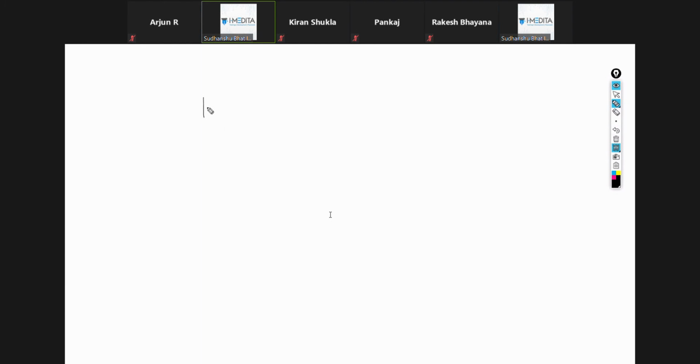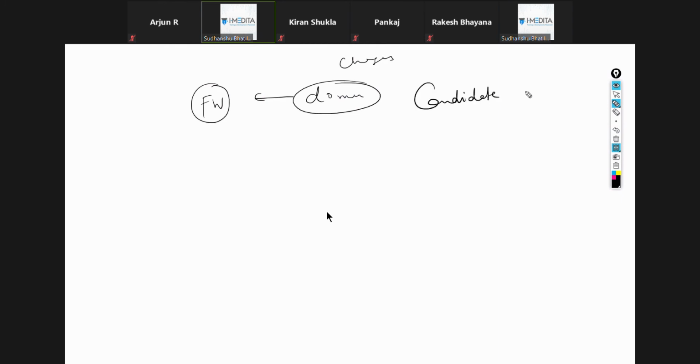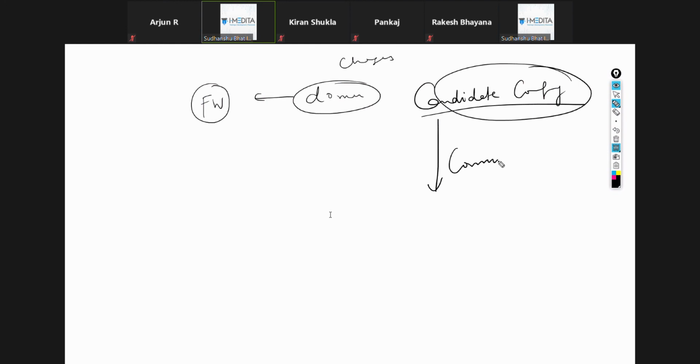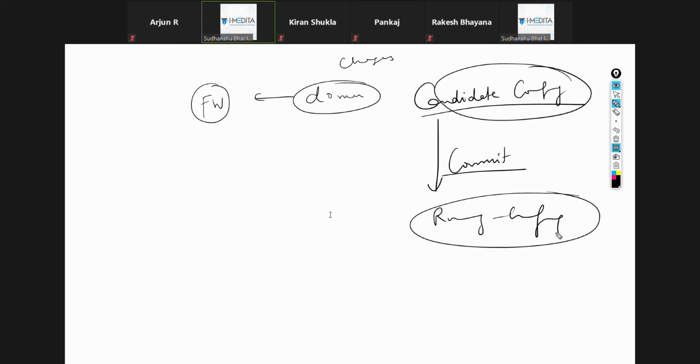When you make changes in the firewall, suppose I change the domain of the firewall, all the changes that you make become part of the candidate configuration. And if you do commit, then this candidate configuration becomes the running configuration.